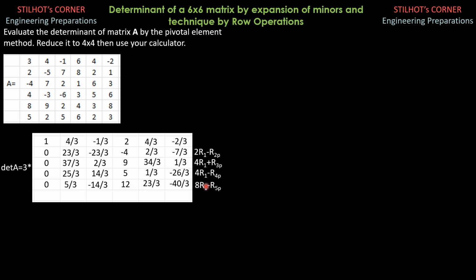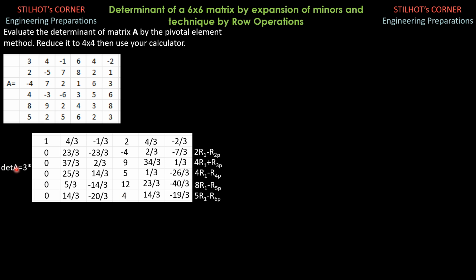So that checks. Finally, to make this 0, we have 5 times row 1 minus row 6 previous. So that's why this is 0. I'll check 4. I want you to check the rest. So 5 times 2 is 10. 10 minus 6 is 4. So that's really the value.